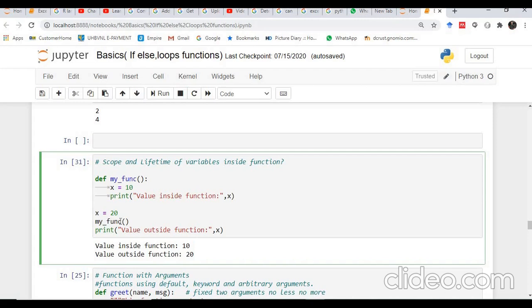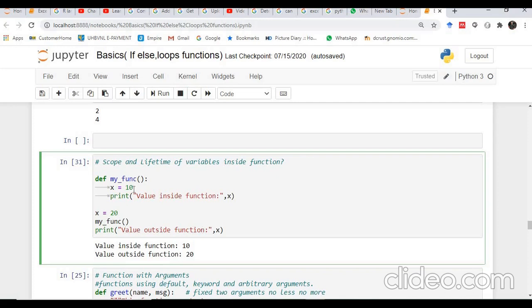When this call is made, the program flow jumps to the definition of my function, and it executes the statement x is equal to 10, and then prints the value inside function. So we get the value inside function 10, and after completion of that, it comes back to this statement and prints the value outside x.